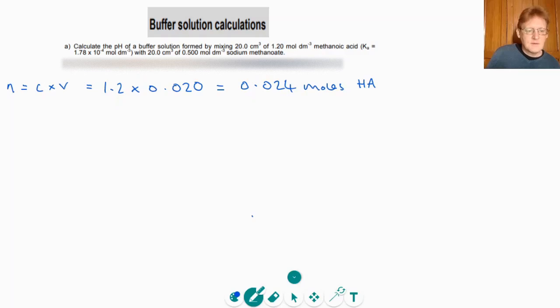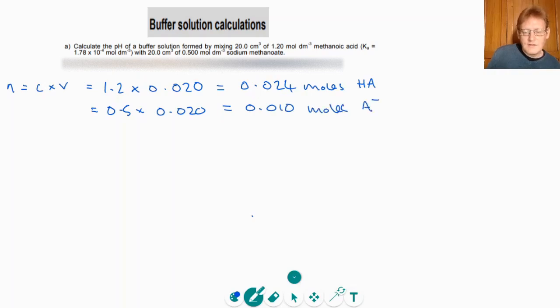Then the same for its conjugate base, which is 0.5 times 0.02, which will be 0.010 moles